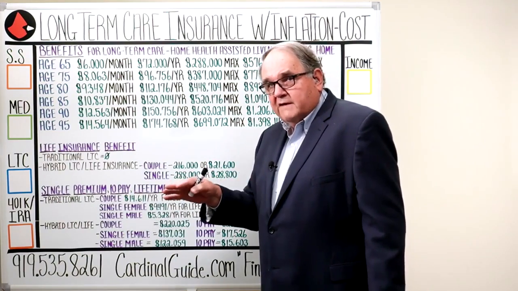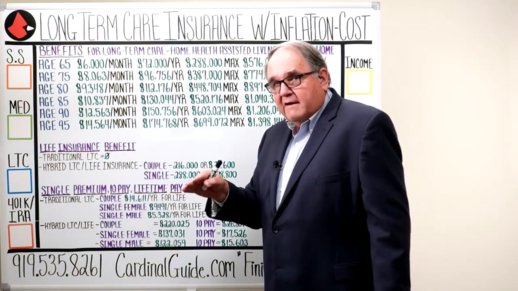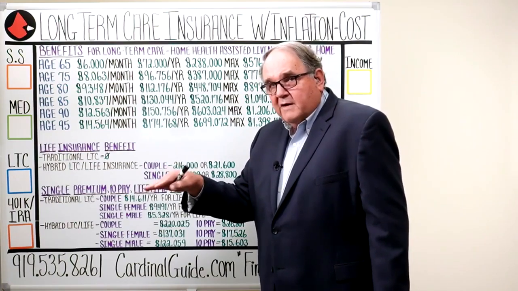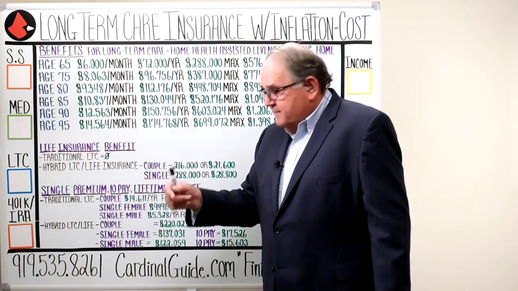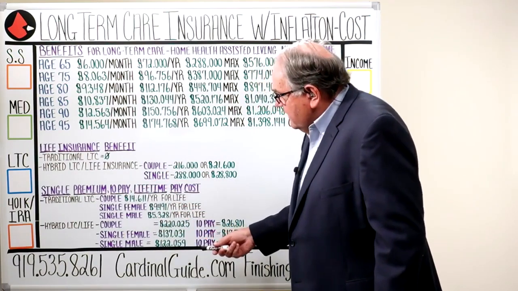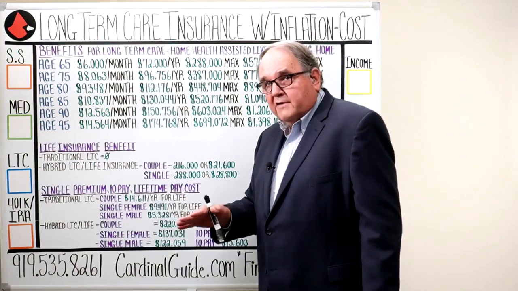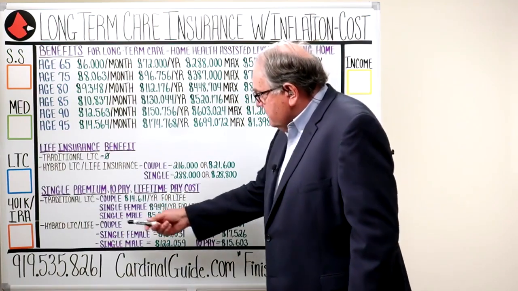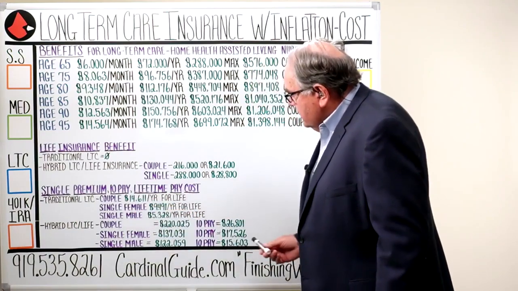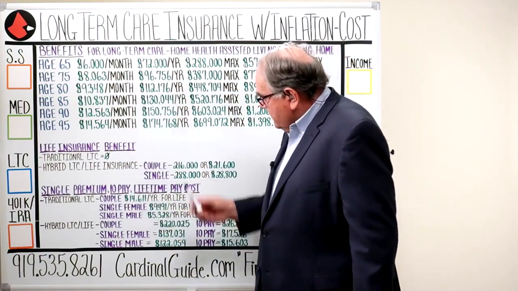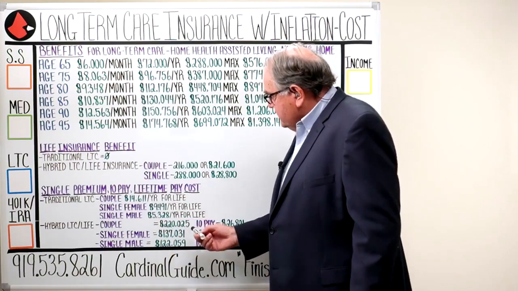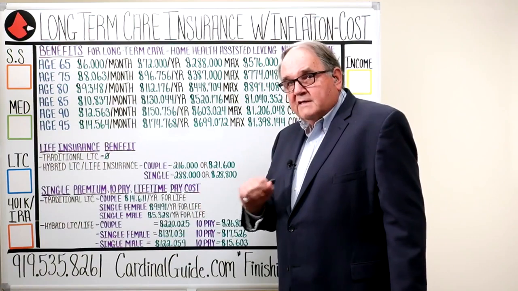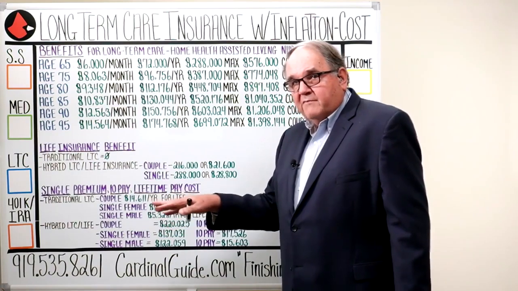We could do another video on that, but that ability is there from the insurance company, and they have to get it approved by the state insurance department. But you're going to see down here with the hybrid life long-term care, there will be no rate increases. The rates can't change. So now to go into the hybrid life long-term care, for the couple to buy all of these benefits, if they pay by single premium, it's $220,000 one time, single premium, paid up for life.